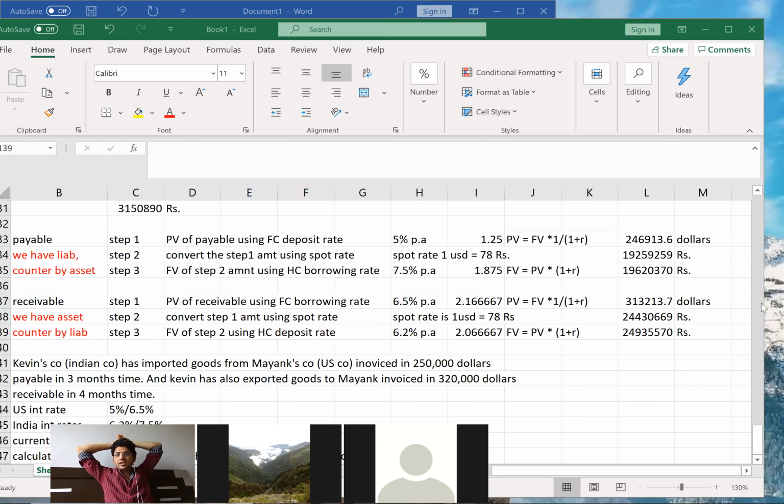Okay. So the next doubt is, if it is a two-way quote for spot rate, which rate to select? That is why I'm giving you a homework problem. Homework problem will be for a two-way quote. And how will you solve a two-way quote problem? You will use the direct quote, indirect quote logic. If it is a direct quote, buy at higher, sell at lower. And if it is an indirect quote, buy at lower, sell at higher. So that will be the homework question.